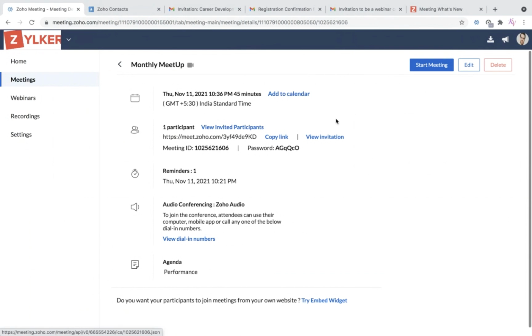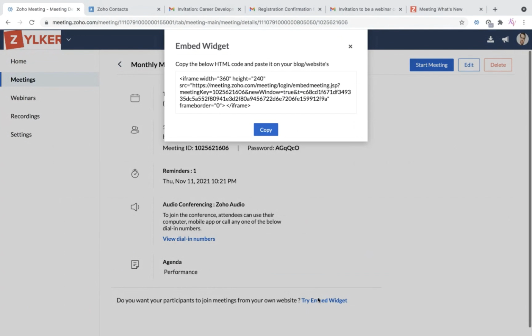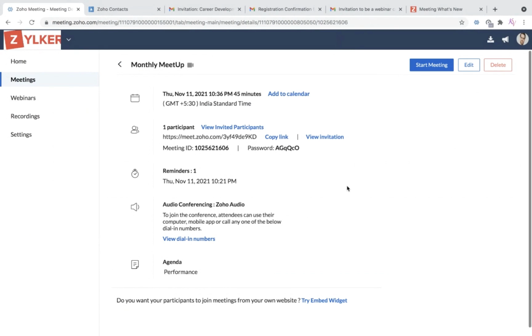You will also have an option to embed the meeting link onto your organization website by copying the iframe code provided, so that anyone who visits your website will know about your meeting and can simply enter their name to join your session. Once done with scheduling of the meeting, you can either start the meeting from the meeting portal using the start meeting button. If not, you can also use the presenter invite that you received whenever the meeting was scheduled.